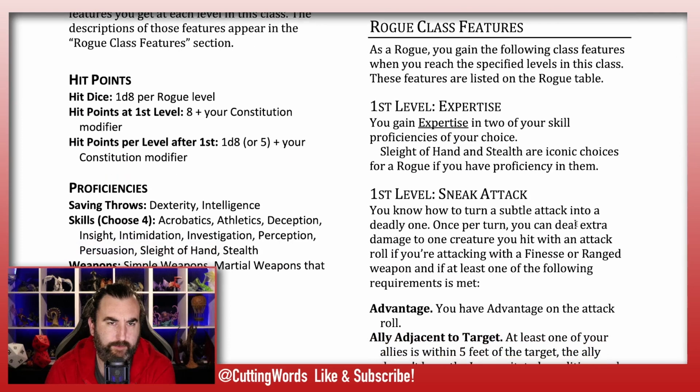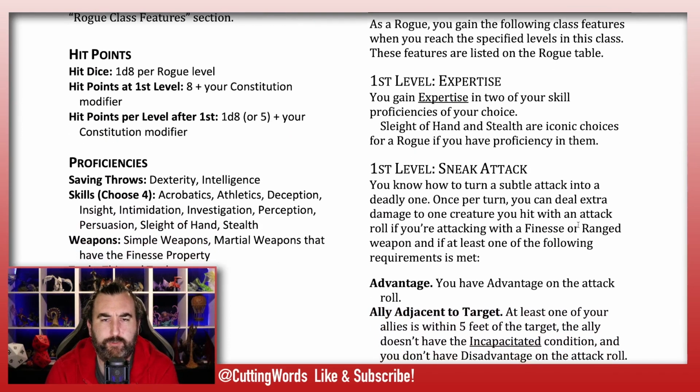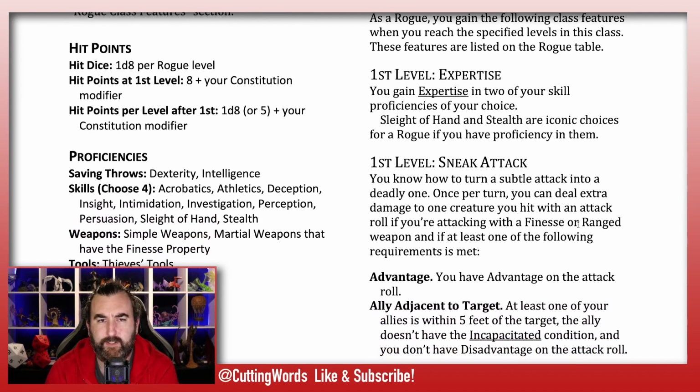Okay. First level. So first level for the rogue, you get Expertise. You gain expertise in 2 of your skill proficiencies of your choice. Sleight of Hand and Stealth are iconic choices for a rogue if you have proficiency in them. And thieves' tools are not an option, so you can't expertise your thieves' tools, which is a bit of a shame, but I guess